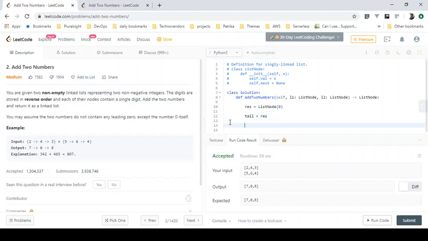Because we know linked lists are single direction, each node points to the next using a pointer, and we cannot reverse, so we have to make one more variable that we can use to add elements into our result list.